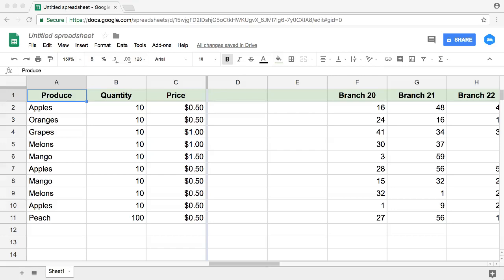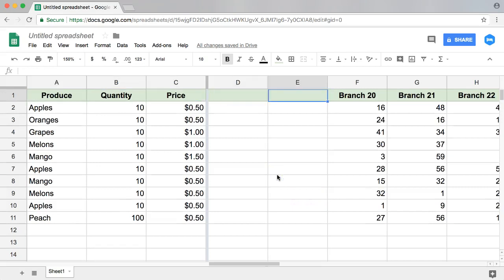Welcome to Excellence in Excel, and in this video we're going to focus on how to unfreeze all the frozen columns that we have. So imagine here you have all these columns are frozen, but you want to now remove this freezing effect. How do you do that? Well, very simple. It is really simple.